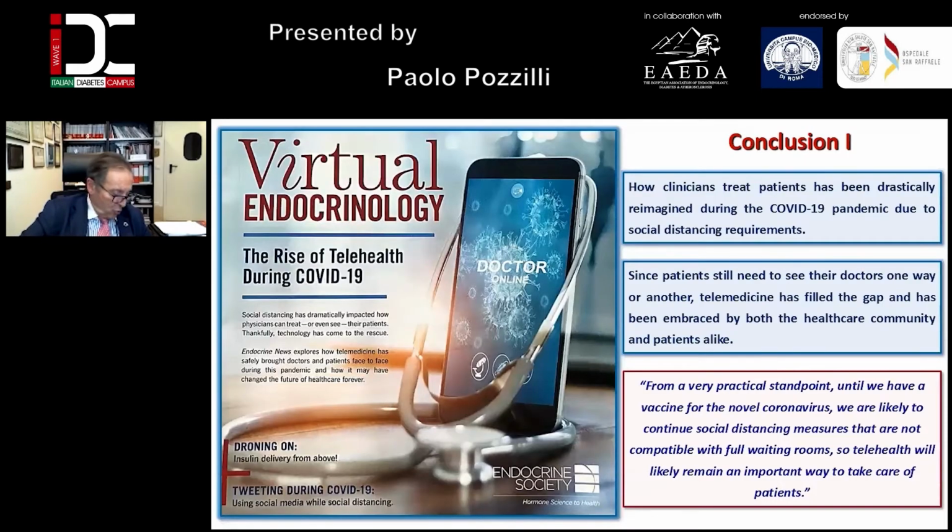So I'm going to conclude by saying that the way we changed our treatment during the COVID-19 pandemic definitely taught us a lot about the relevance of technology and how technology can help in obtaining an improvement in metabolic control. And there is no question that